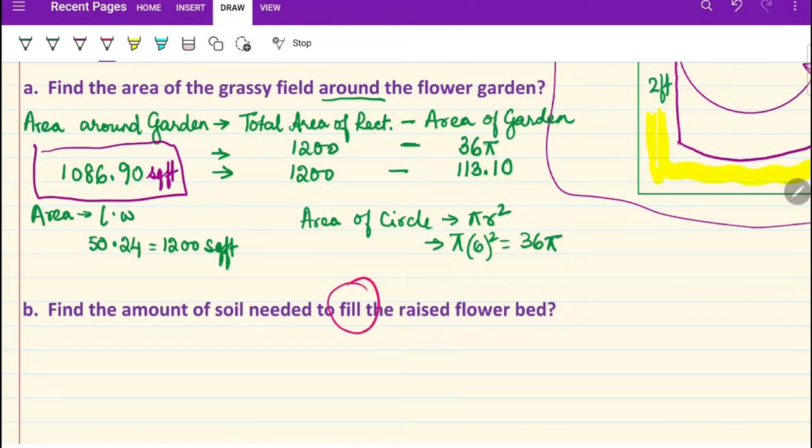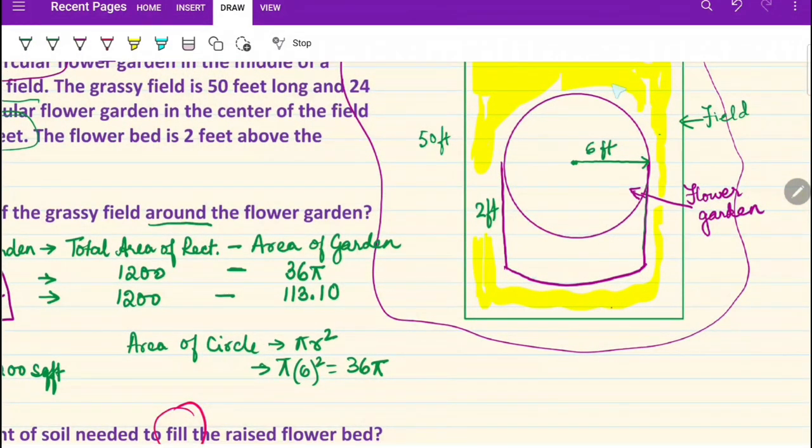talking about 3 dimensions. So whatever container we are trying to fill up, whether it's a cylindrical shaped container or a pyramid shaped container or a conic shaped container, it better have a height or a depth for us to be able to fill it up with something. In this case, this cylindrical shaped flower bed has height associated with it. It's a raised bed. It is above the ground, so it has a certain height, which in this case is